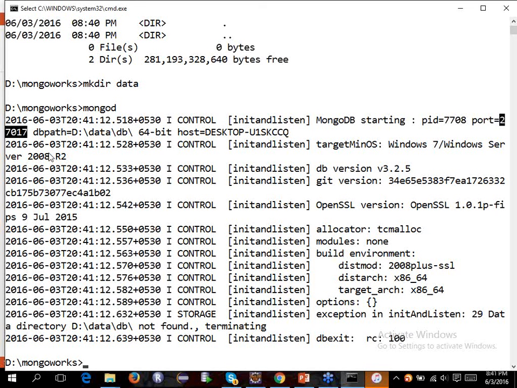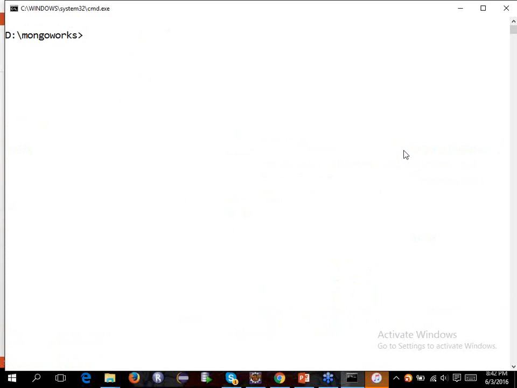And it says, hey, I was looking for this folder. It says, I want a database path of D drive slash data slash db, which I did not find. So it says, sorry, this is not possible now, because the folder has to be created manually. But in our case, where have we created it? We have created it inside mongoworks slash data. And a couple of other things: it shows the operating system, the git version, and all these things. Okay, so first and foremost, I'll say mongod